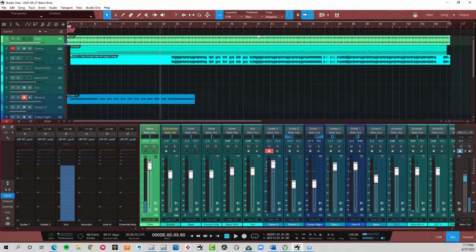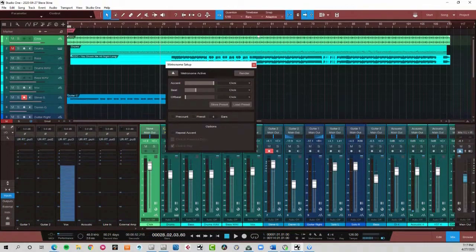Now, if you do use Studio One, and I'm not telling you to use Studio One, you can use whatever you want. I see Vaughn is using Adobe Audition, which I used to use. It doesn't matter, anything you want. But what I love about Studio One is if I go to the metronome here and I click on the little wrench,